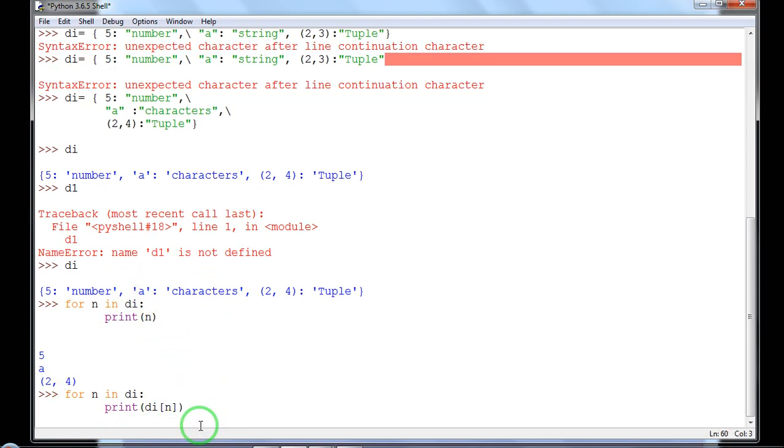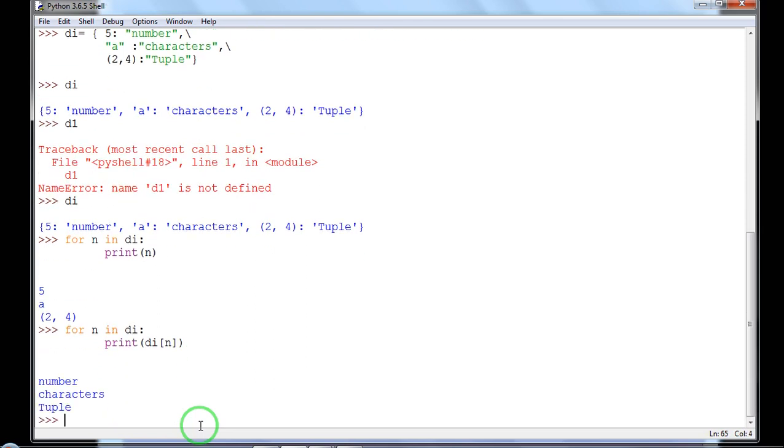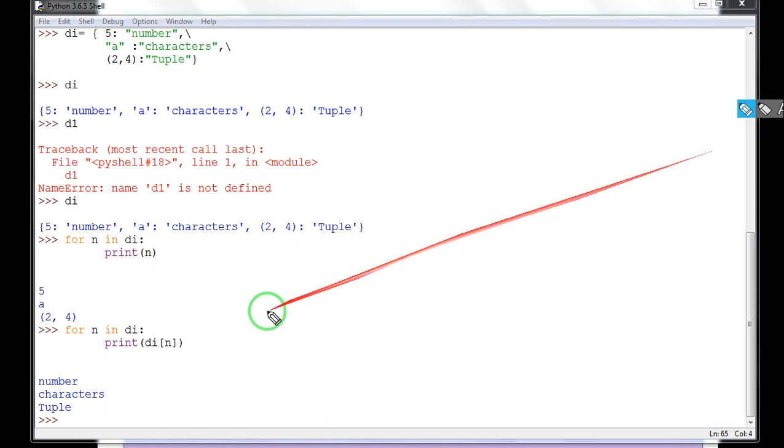So when I give this command, you can see the output over there. It is only displaying the values, because di is the dictionary and n is storing the key.